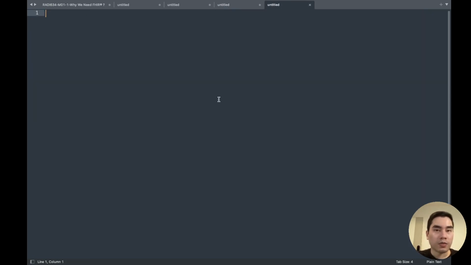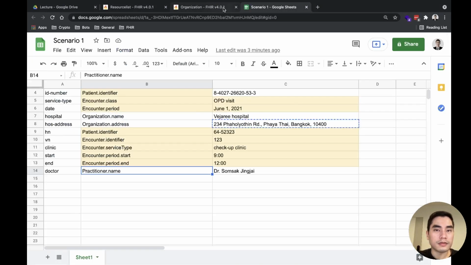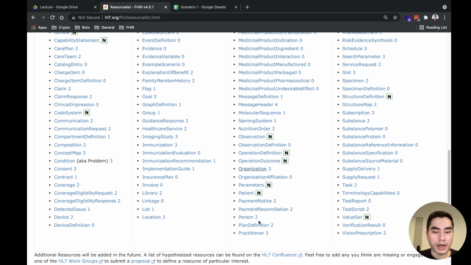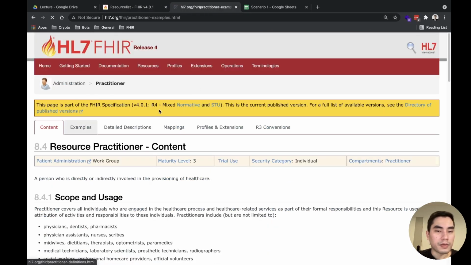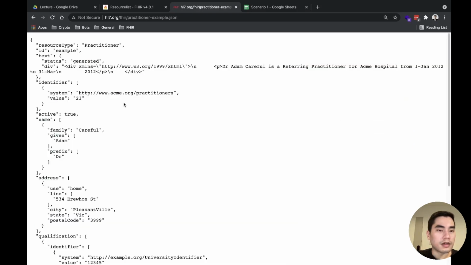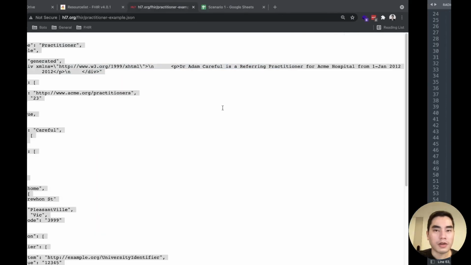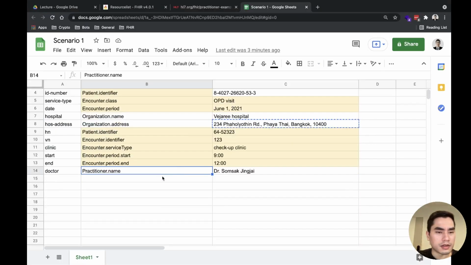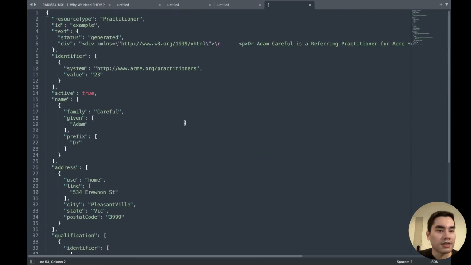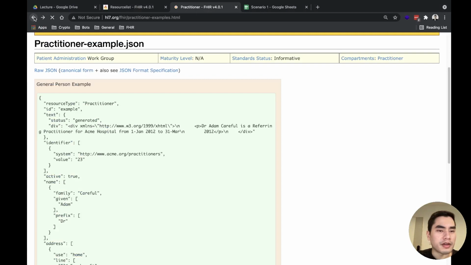And the last one is practitioner. Is this one? Practitioner, this one. Just copy one of them here. Okay, JSON. What we need is just the name of the doctor. So, are there any requirements?